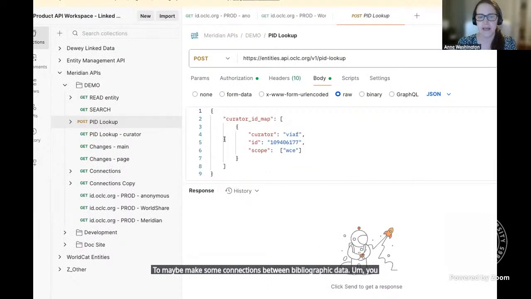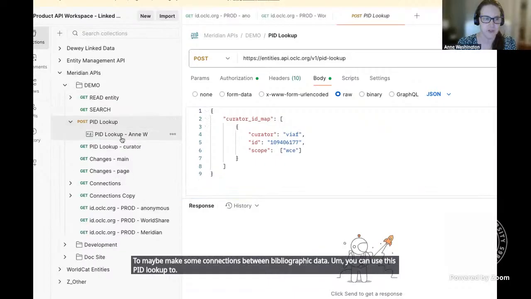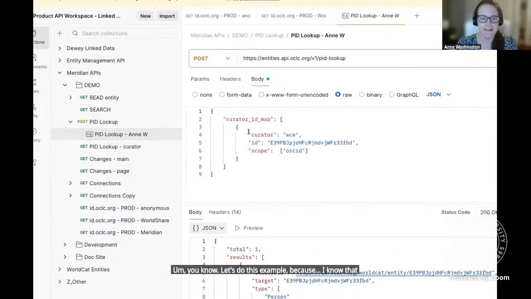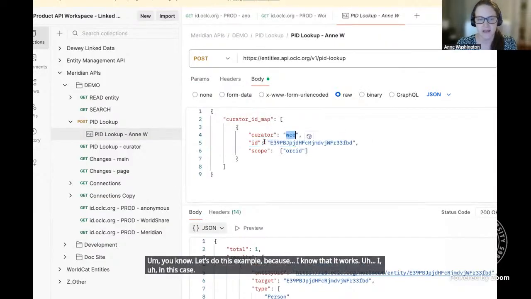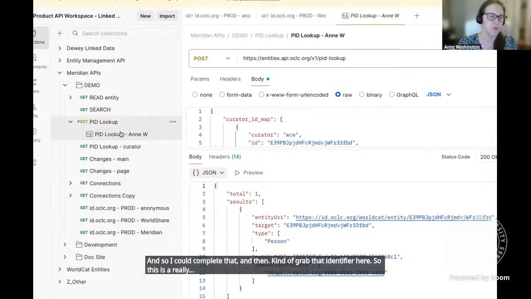You can use this PID lookup to, let's do this example because I know that it works. In this case, I have a WorldCat entity ID and I want the ORCID. And so I could complete that and then grab that identifier here. So this is a really cool endpoint.